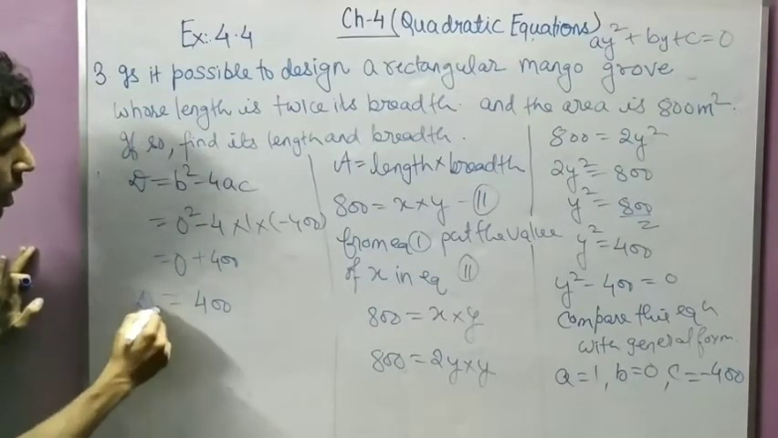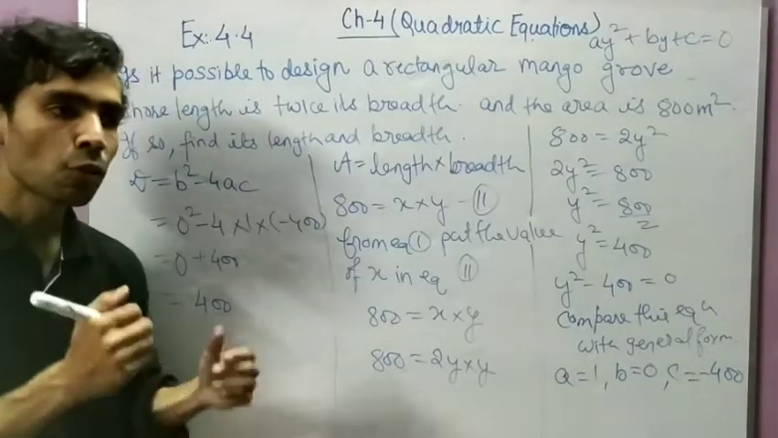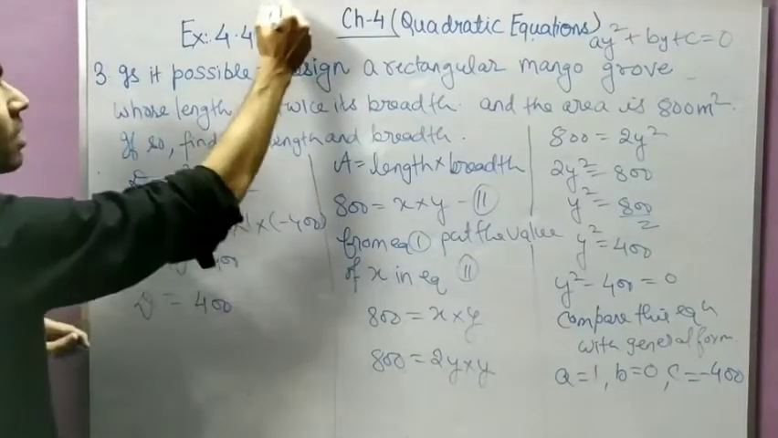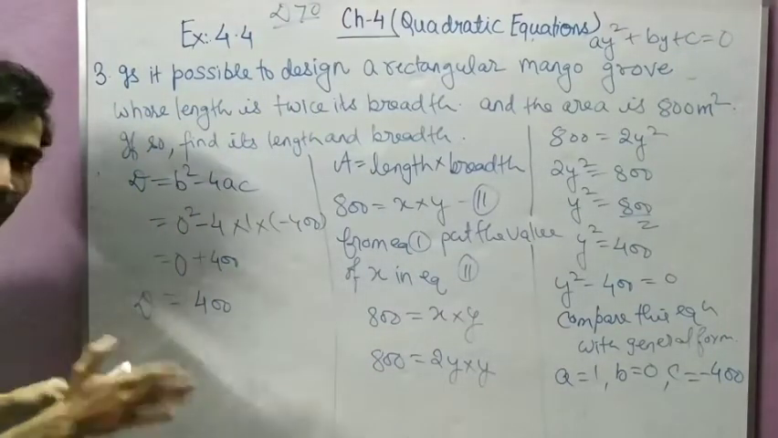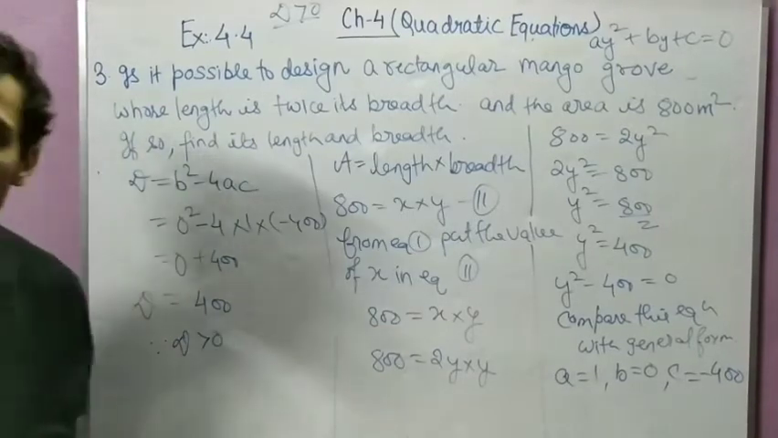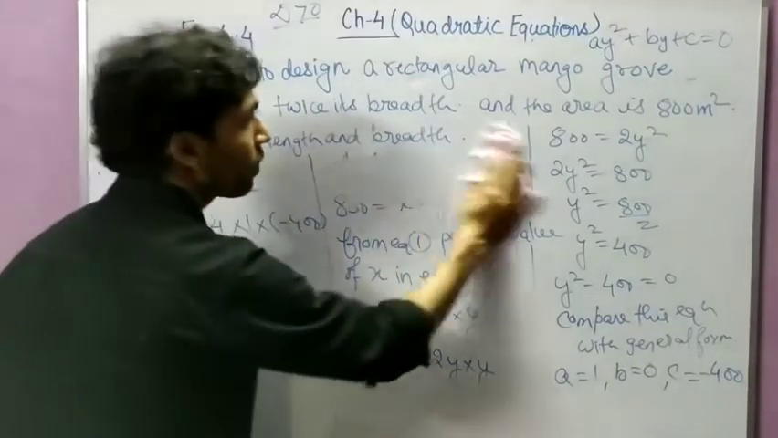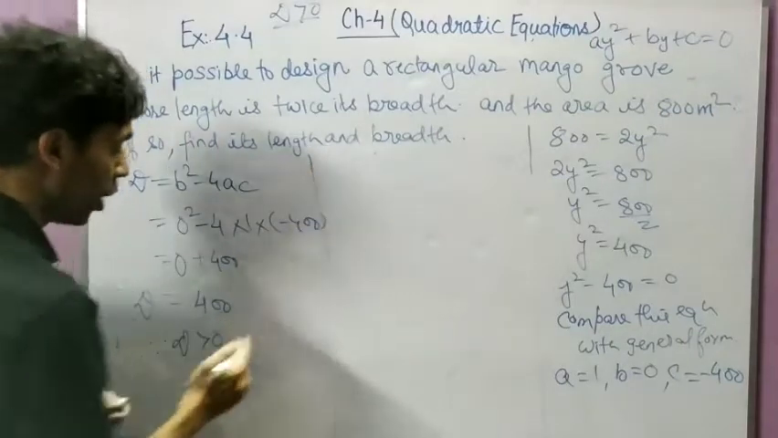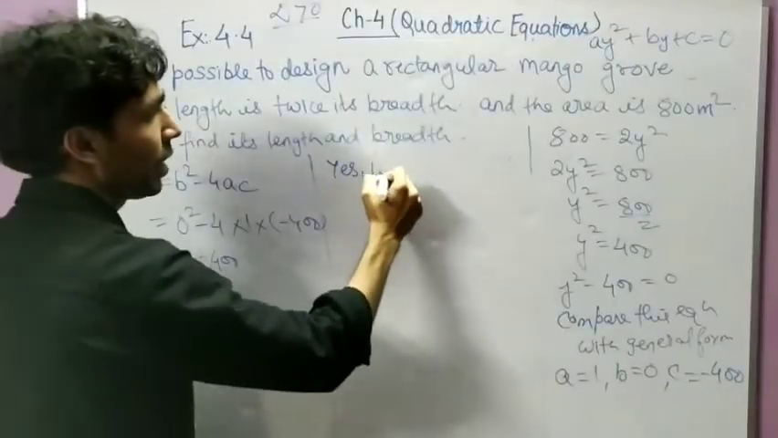It means d comes how much? 400. And because d is positive, this condition comes in the category of case 1, where d is greater than 0. Okay, because d is positive, we will get real roots. It means that we can form a rectangular groove. So what will we write? We will write yes, because d is greater than 0. Yes, we can